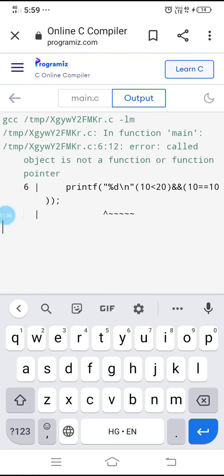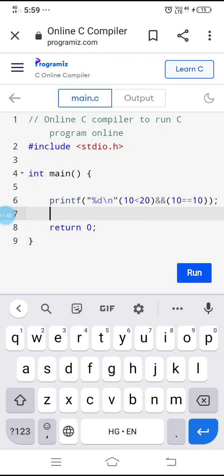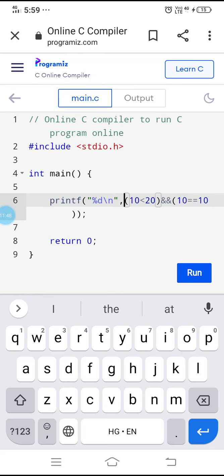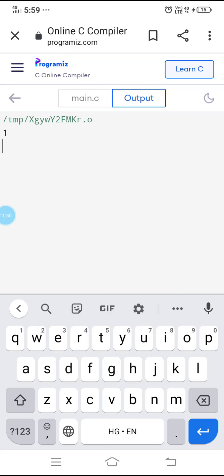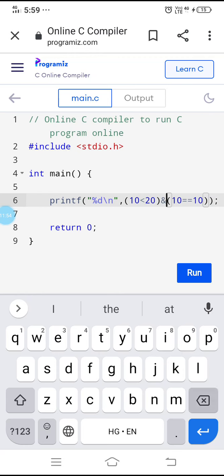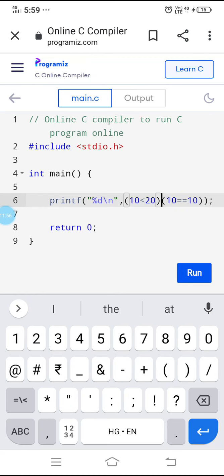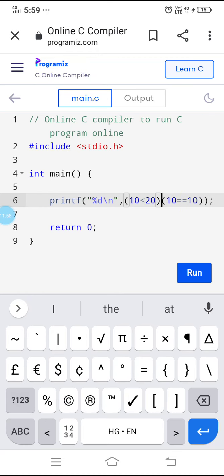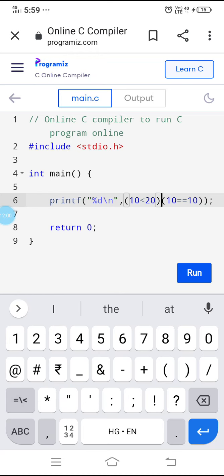So the answer is going to be 1, but there is some error. Let us look at the error here. Here we are missing one comma. So run it, you will get 1. Similarly, you can use the OR operator.